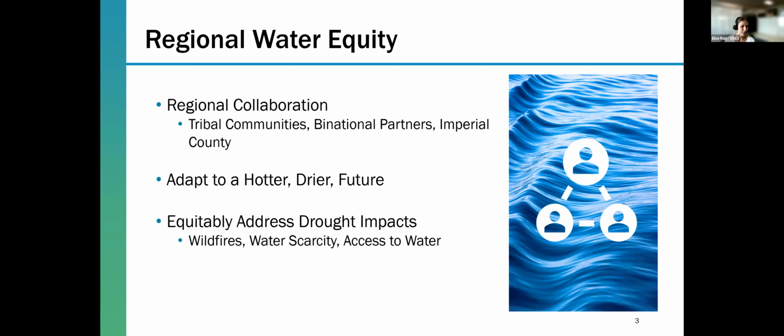So to give some background information, this is overall a board-led directive item, and this was directed back in September of last year. And this came from a place where the County of San Diego Board of Supervisors wanted to take a proactive approach to address drought management and water sustainability practices within the region. And in order to address this on a wider scale, as water affects all life, this is a regional collaboration. So there are involvements of tribal communities, binational partners, and Imperial County as well to address more of this holistic scope. Overall, the goal is to find adaptations to a hotter, drier future to help us build resiliency in the